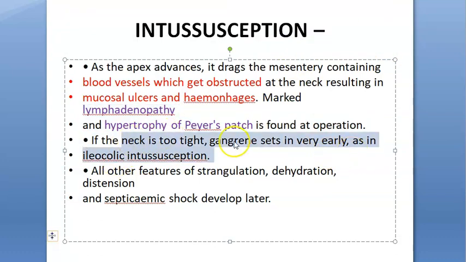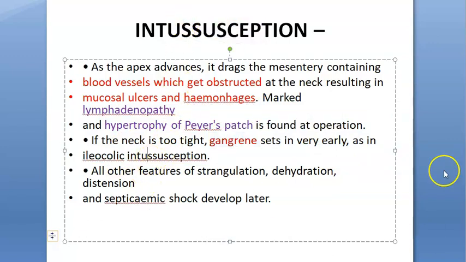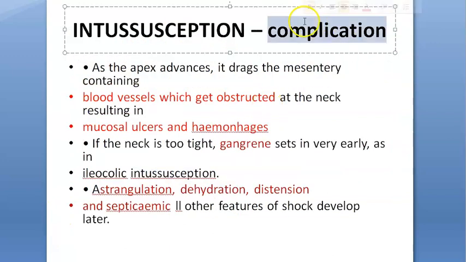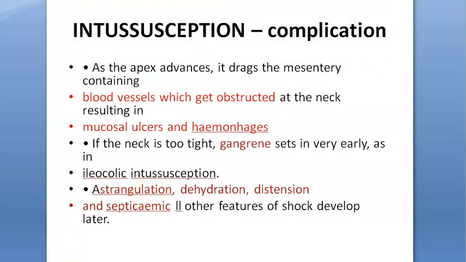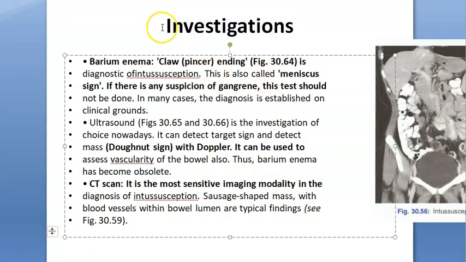If the neck is too tight, gangrene will happen. This can be a complication, yes. And all the other features, strangulation, dehydration, distension, septicemic shock can develop later. Okay, so yeah, here we have put it as a complication only. So now you have understood the complications of intussusception, and now let us go to the investigations of